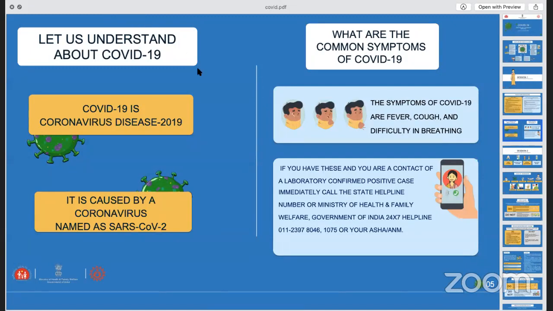Here we have to understand about the coronavirus disease, the causative agent. There is a negative talk that this virus is a bioweapon. Let us not focus on all that. Let us focus on how to come out of it, because in future we have to live along with this. So just go through these slides. The next slide is